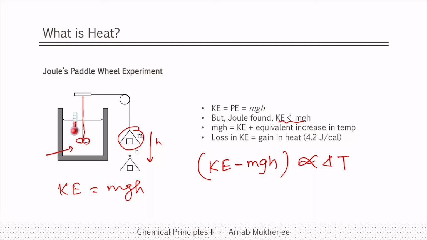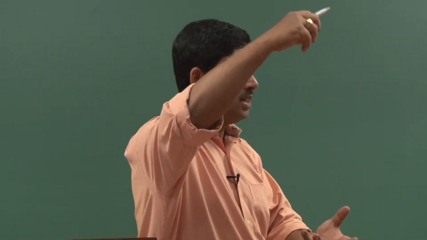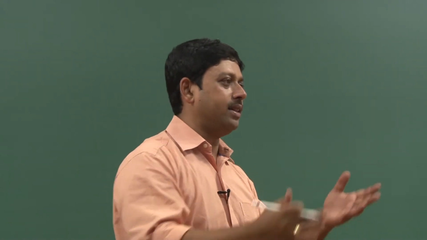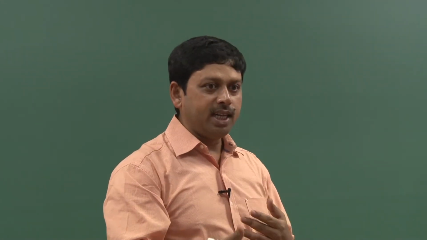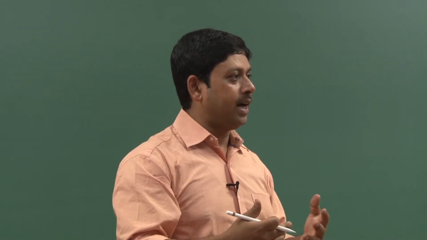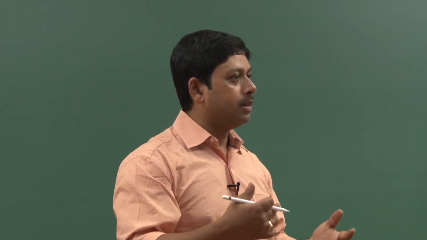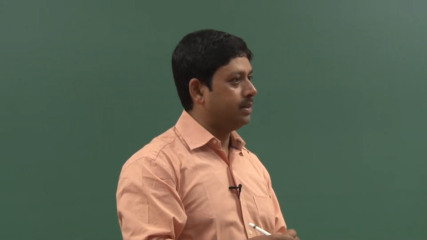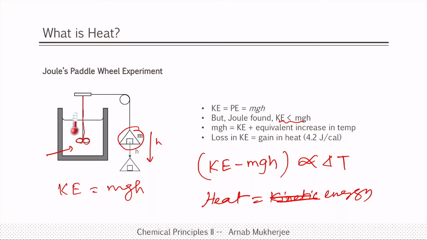So, therefore, it could be established that heat is nothing but kinetic energy or energy of the system, I would say, right, because you cannot really distinguish the kinetic energy and all that. It was having gravitational potential energy, it dropped down to kinetic energy and then got there, right. We will see later on that we can understand that more by the kinetic energy of the system, the heat. But here we can say that the internal energy of the system, which was there as mgh, has